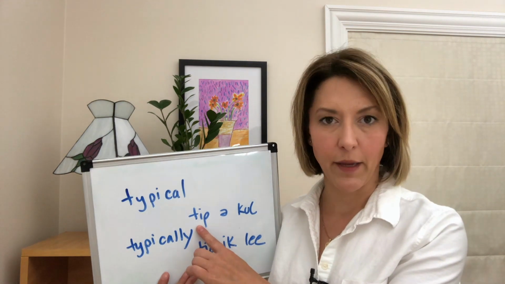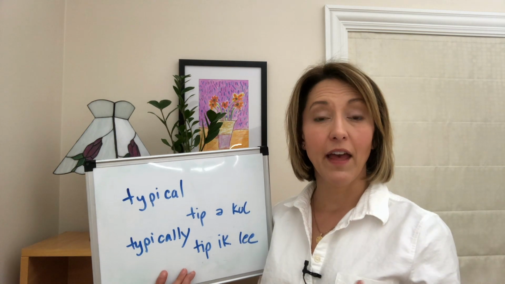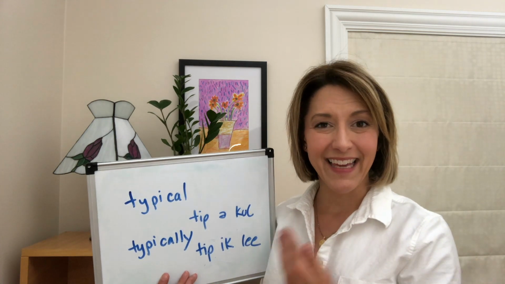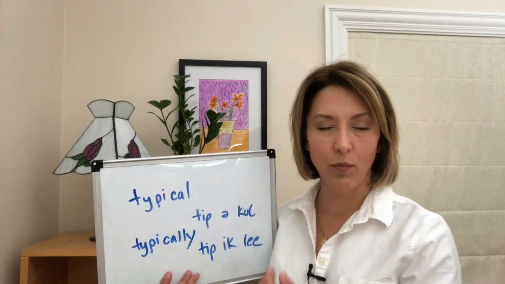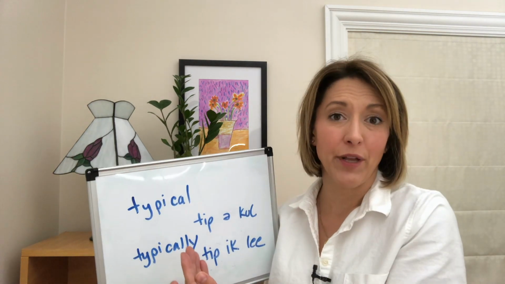We're going to start with tip with the nice short I sound, tip. Then you're going to move to that second syllable. The key is make that second syllable very, very short and make sure it's connected to syllable number 1.